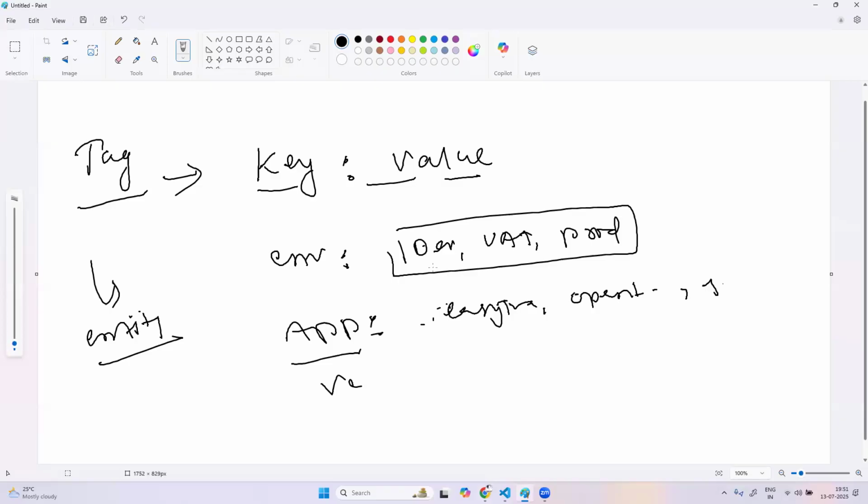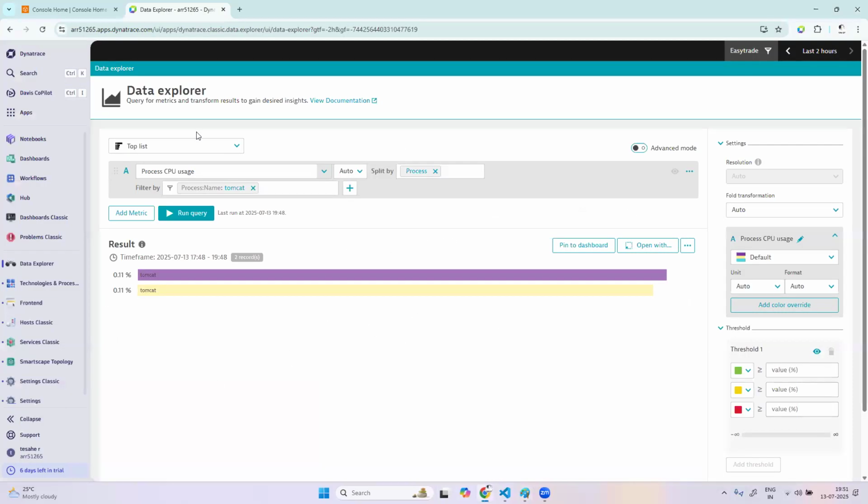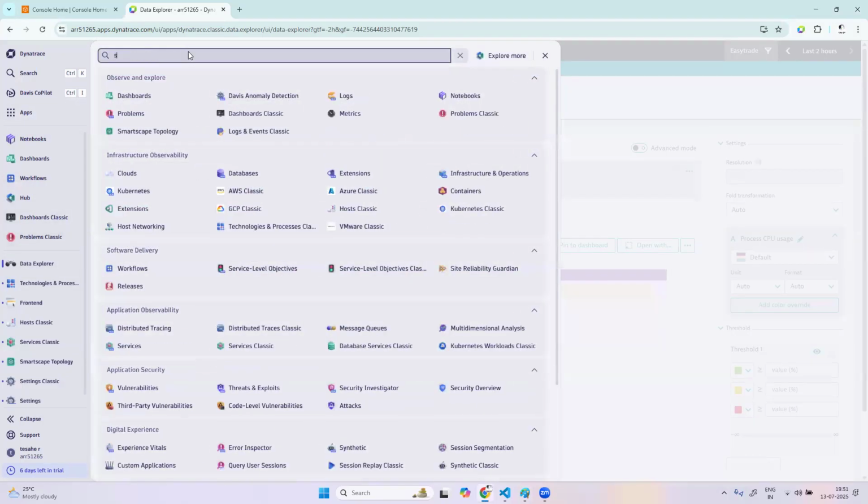Okay, some of the tags will be auto-built, meaning they come from the application itself. Some of the tags you have to insert so that it will be easier for you to filter. See, some tags come inbuilt when you onboard your Dynatrace. Okay, example, I'll show you that. Suppose I have onboarded my Dynatrace. If I go to my service page,